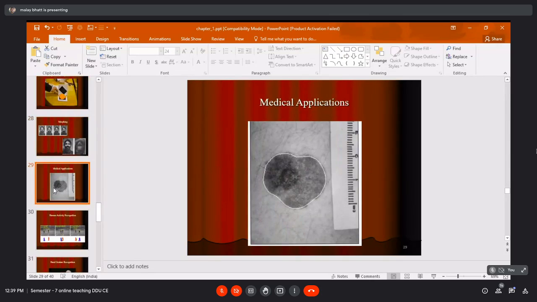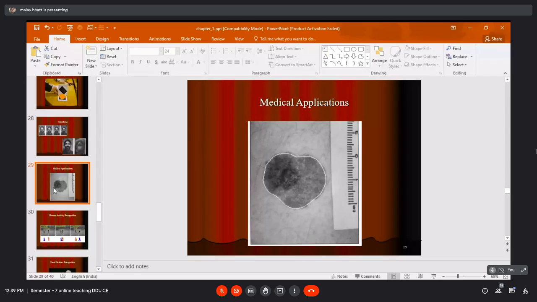This application is in the area of medical image processing, where you can see that there is a certain kind of change in color of the skin in the body. This change is indicating one kind of skin cancer.